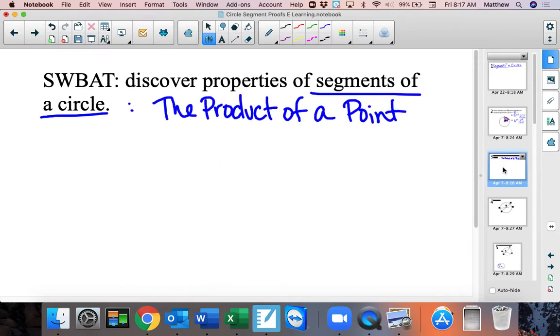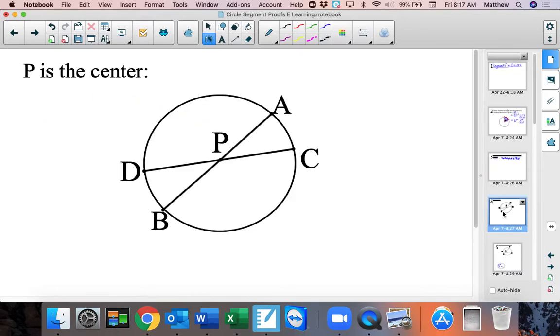Today we are going to talk about segments of a circle, and specifically, another way to think about it is basically the product of a point. So if I look at this circle right here, I can tell these are two segments, right? I've got segment AB, segment DC. And in this case, my point P is actually the center of the circle, which means every one of these segments,